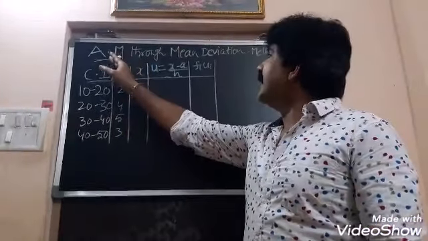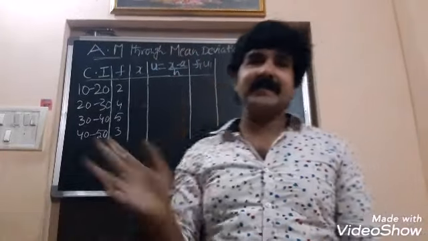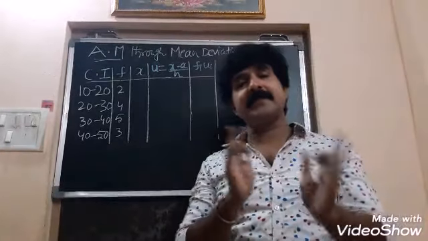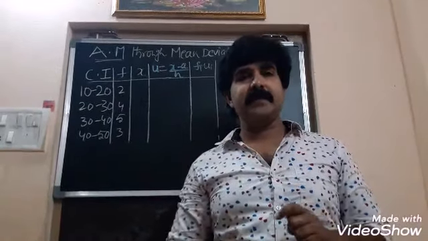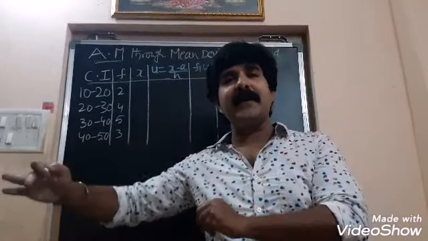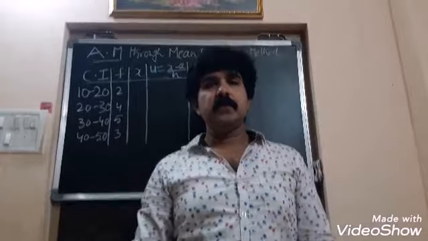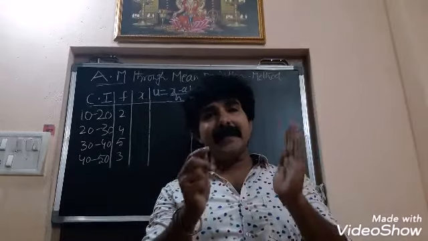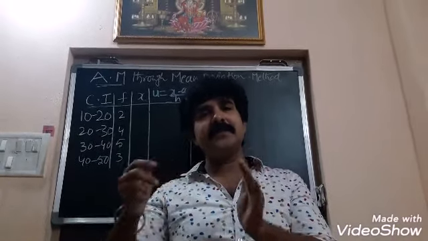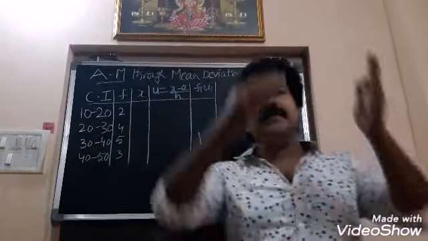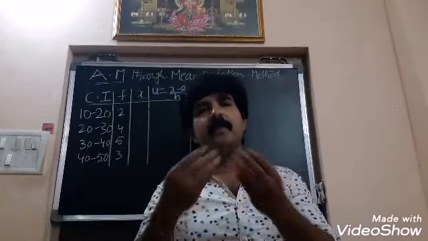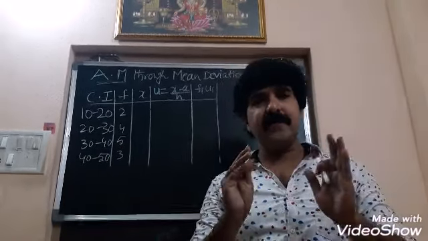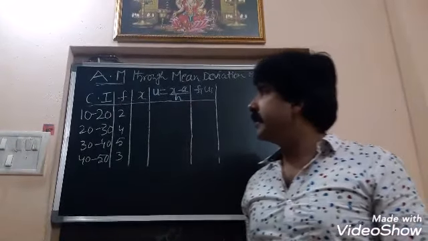So, arithmetic mean through the step deviation method is the third method. It is the same as the assumed mean method, but it is further simplified in calculations. The direct method has laborious calculation. In the assumed mean method, the calculations are curtailed, so simplification is done. In the step deviation method, it is further curtailed. Numerical data is mostly simplified for calculations, for convenience. Okay, let us do this problem right now.